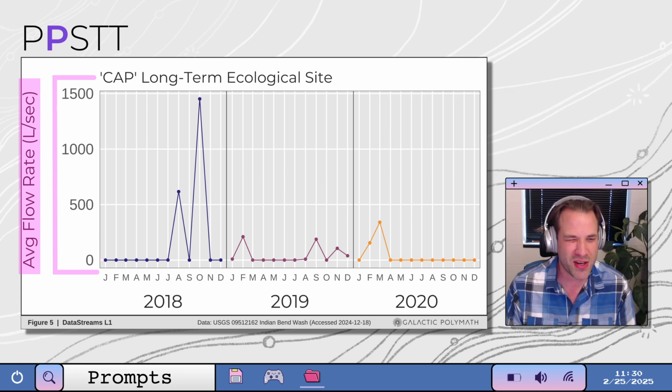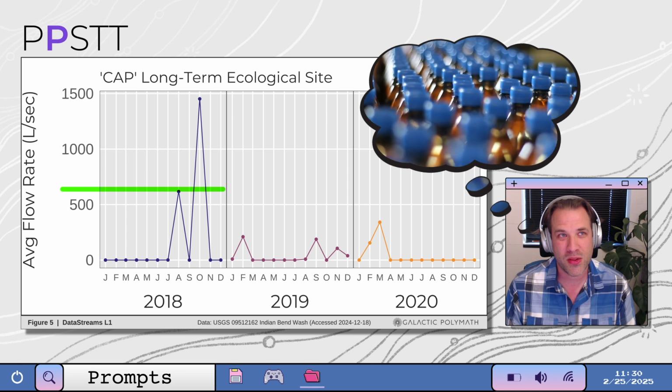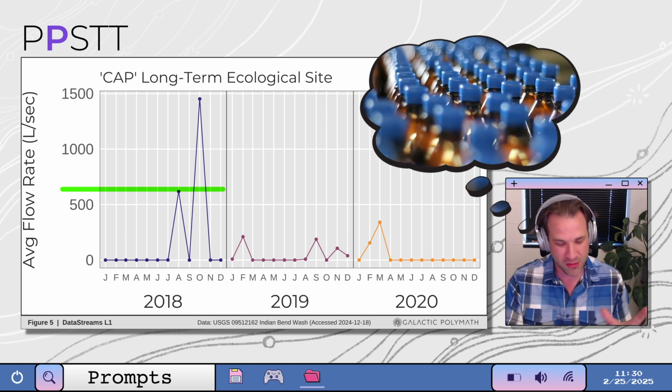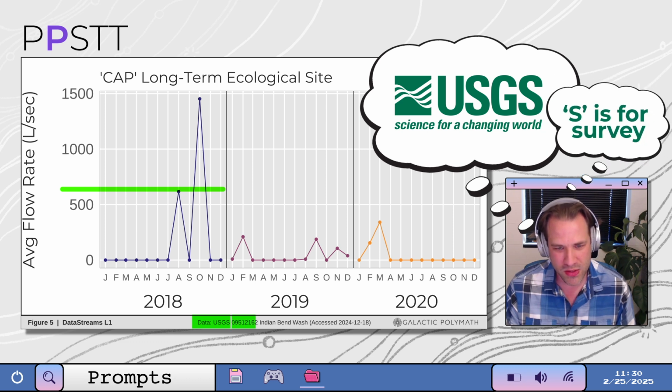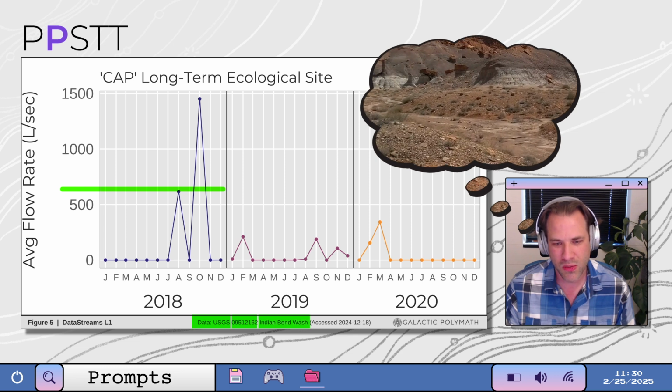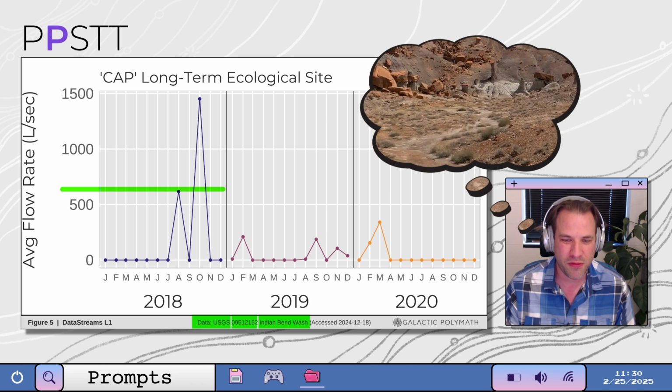Of course, the other thing I try to do is to think about what that actually means in terms of volume. So I'm thinking of 600 liters per second would be like 200 3-liter Coke bottles running by you all at one time. I see that this comes from the United States Geological Service. I have no idea what this number means. And then it's from Indian Bend Wash, and a wash is a sort of intermittent system that's very flashy in